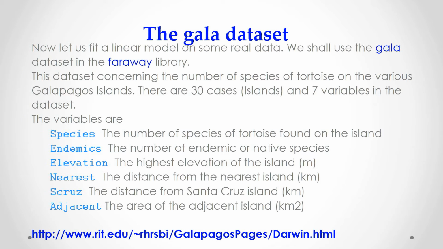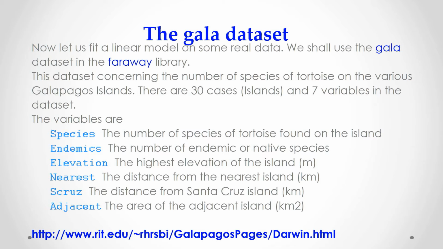We shall first begin by fitting a linear model on the gala dataset. As I said, the data concerns the number of species of tortoise on the various Galapagos islands. There are 30 islands, and for each of the islands, we have measurements on 7 variables. These are species, which are the number of species of tortoise found on the island; endemics, which gives the number of endemic or native species to the island;